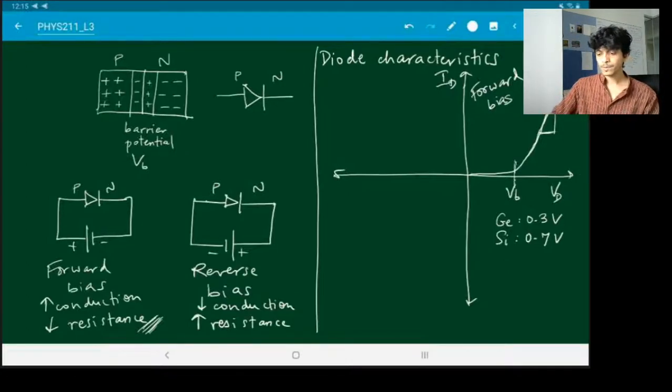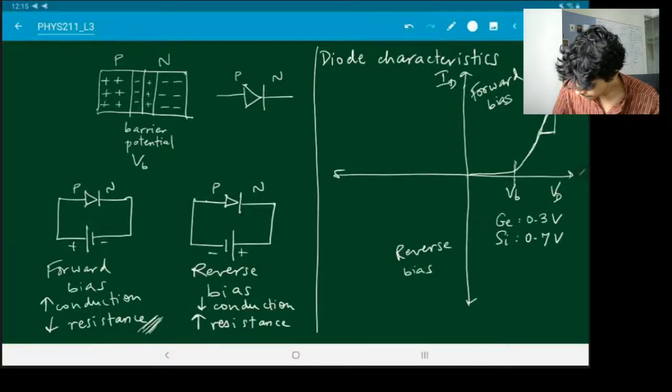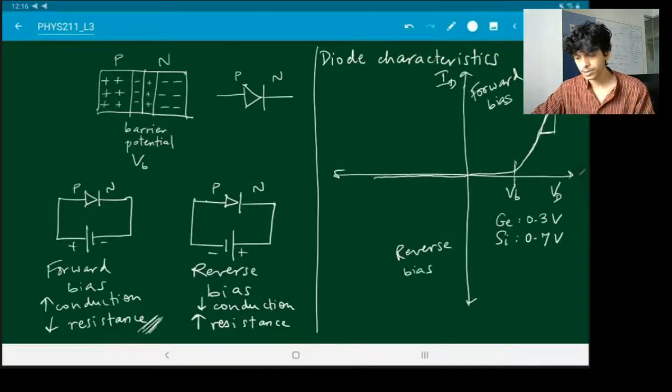What happens when you apply a reverse bias? So now we are looking at the regime where the voltage and the current are both negative. In this region, of course, first of all, there is almost no conduction. You can see from the slope that the resistance over here is going to be very high. And then at some value, which is called the breakdown voltage,